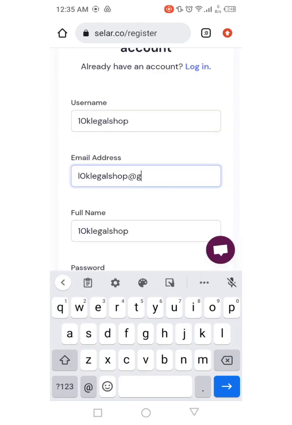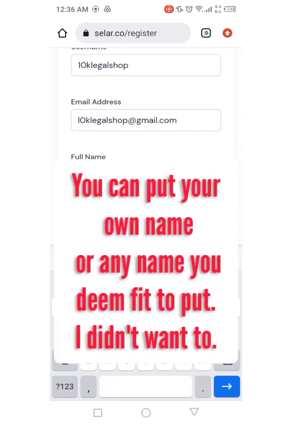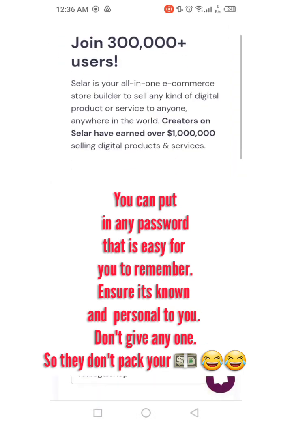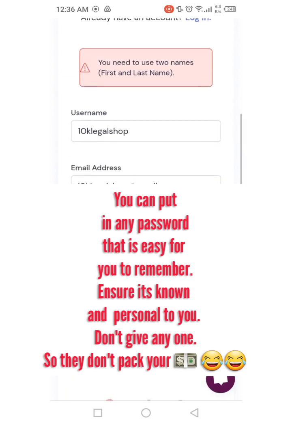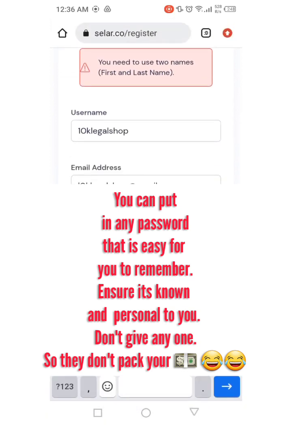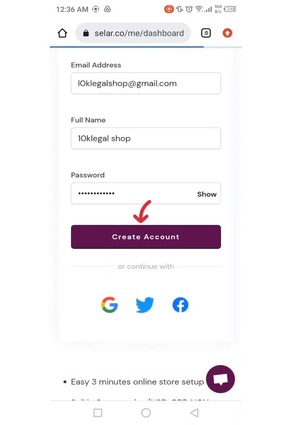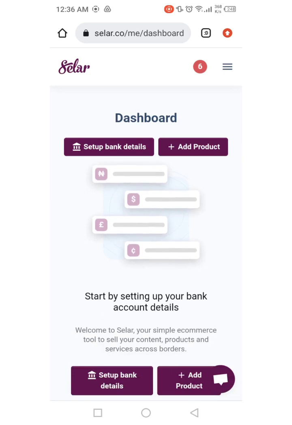Let me put at gmail.com. Password. You need to use two names for first and last name, so we'll use 10K legal shop. Right, save. So I've opened it, and